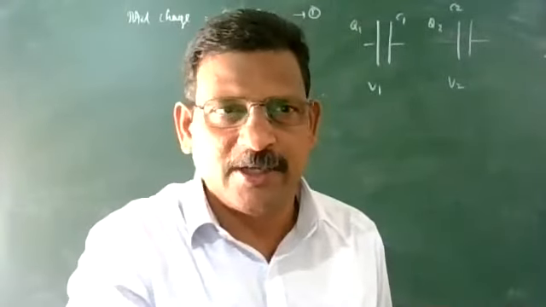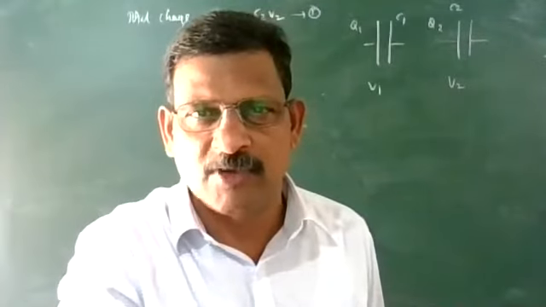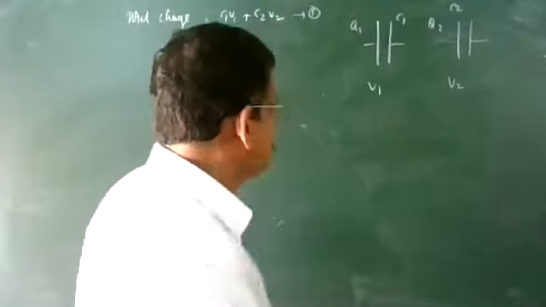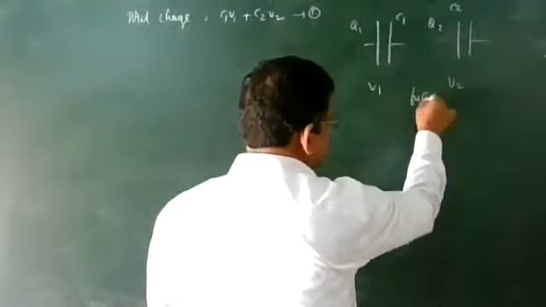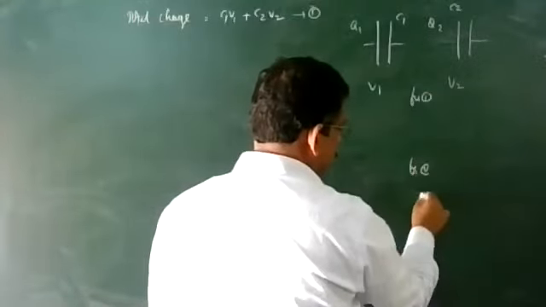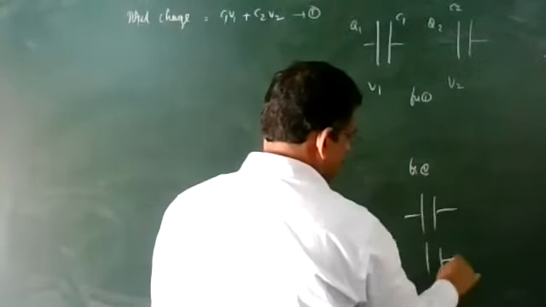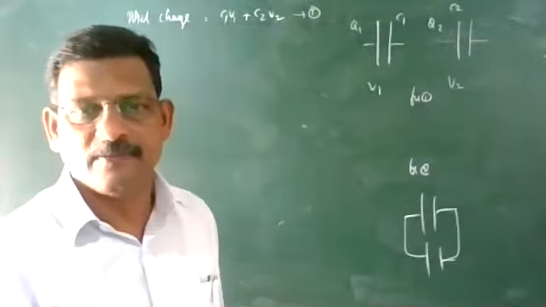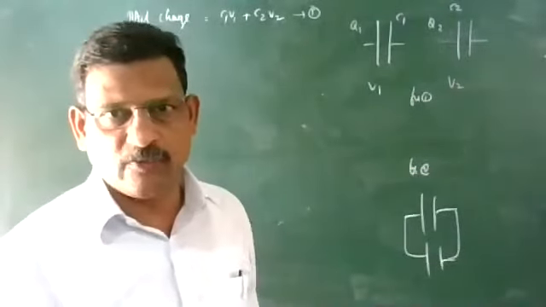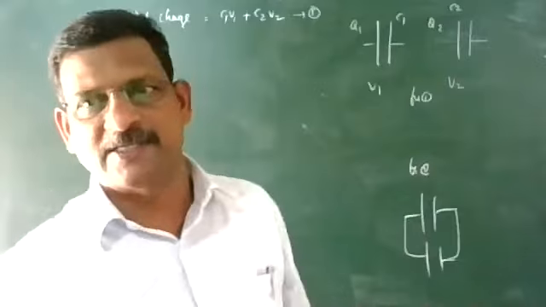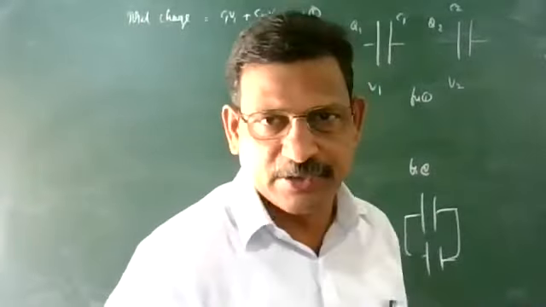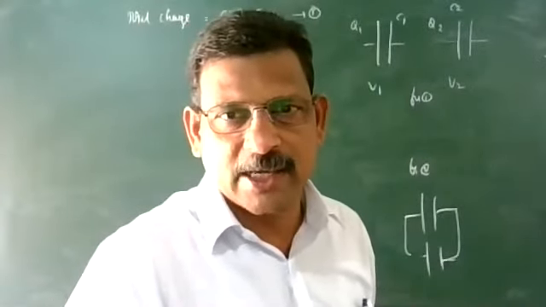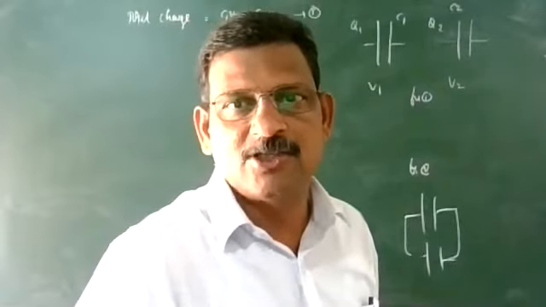What we are going to do: they are charged to different potentials. After that, we are going to connect them with a connecting wire. So how will you connect? Figure 1, separate, the charge leakage. Figure 2, these capacitors have different potentials. After that, they are connected by means of a wire. As soon as you connect by means of a wire, they have their own energy, so you can see some spark in the connecting wire at the joint. So some energy is wasted in the form of light and other electromagnetic radiation, but they share the charge.